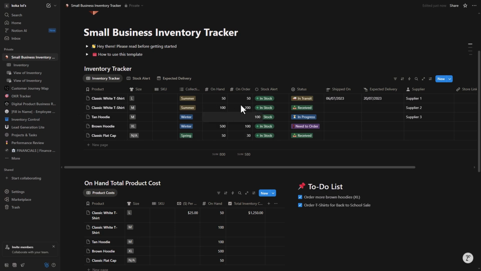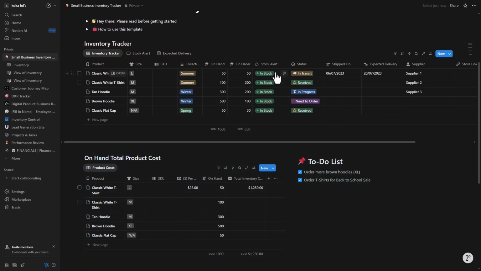And that's it, how you can stay on top of products, avoid shortages, and streamline operations with Notion inventory